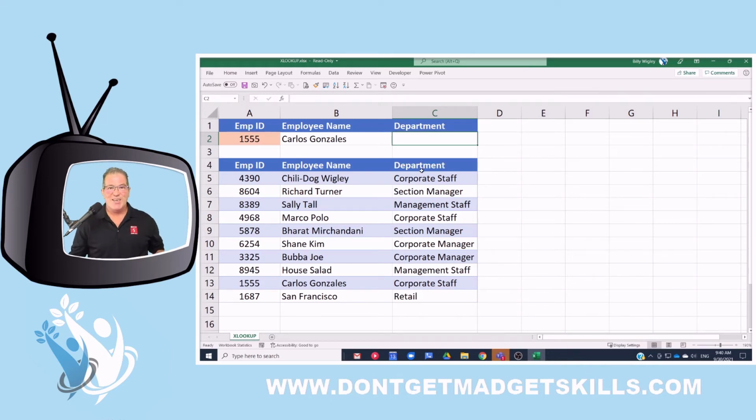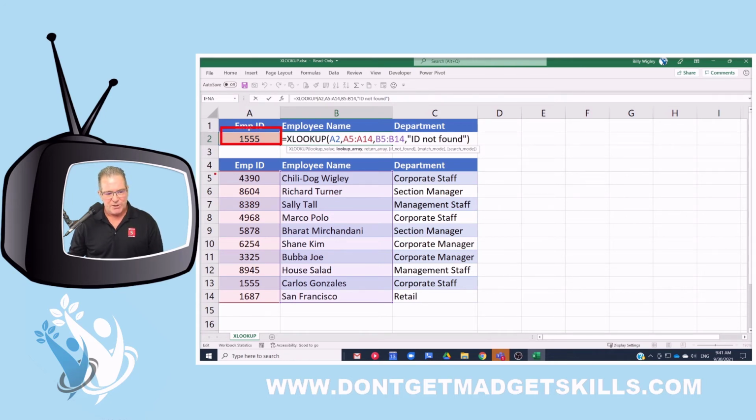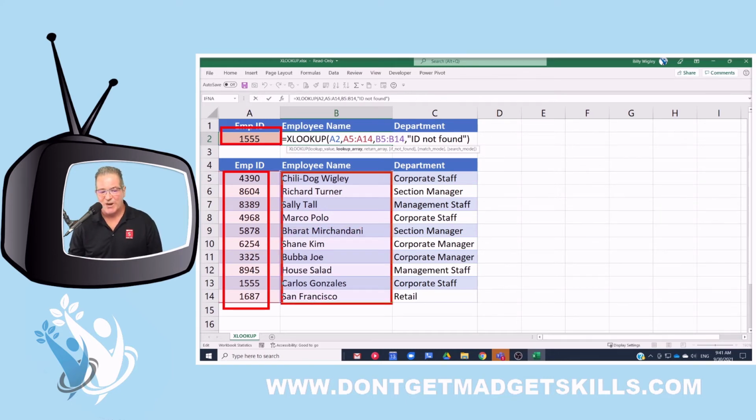Well, we don't have to do that with an XLOOKUP. We can just spill over. That's right, spill over. Watch this. I'm going to go back into my XLOOKUP, and you'll notice here's what we're looking up, here's where we're looking it up, and here's what we are returning, the return array. I'm just going to expand that array to cover the department without having to do another